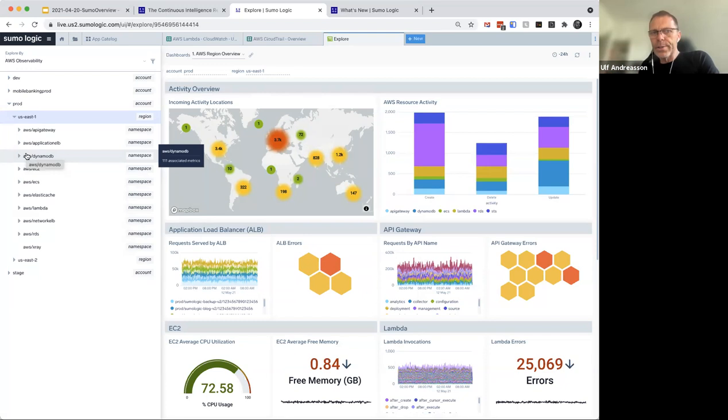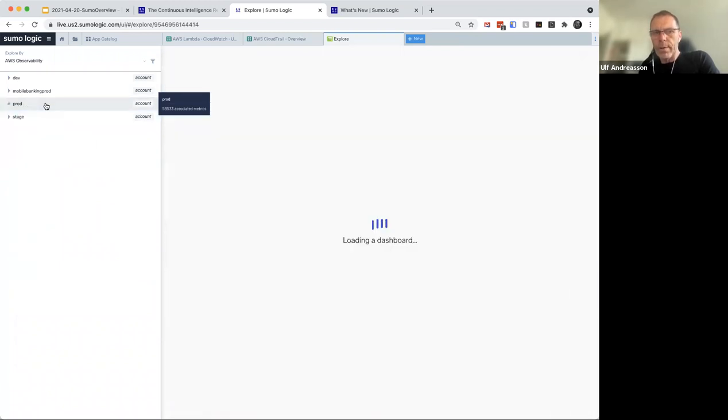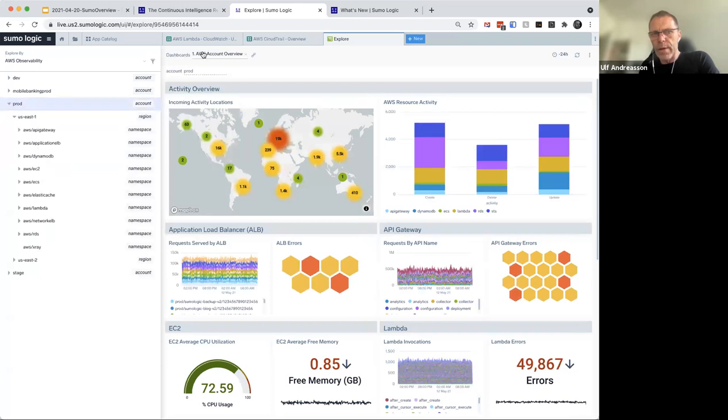Now, on the right-hand side, you see the dashboard. You see the dashboard that we think is relevant for you to look at. So in this case, it's just an overview of what you would see on a regional basis. It could be very similar to what you would see on an account basis, but it could also be different. If we look at the account basis, just basically because I've added some more dashboards to it, I can actually generate or create my own dashboards. So in this case, I got some operational overviews or service details and things like that. I'm going to save that for later because I got some things I want to show you before we do